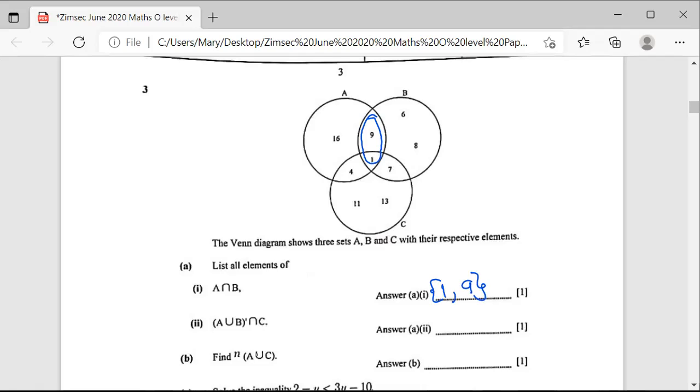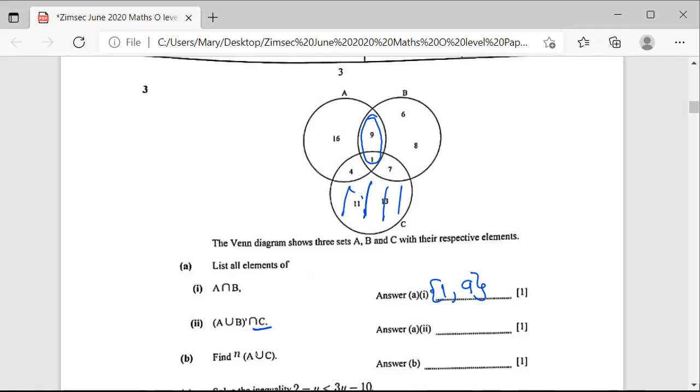A union B complement. And before I go into this one, I need to find the numbers that are in A union B complement. The numbers that are in A union B complement, it means the numbers that are not found in A and that are also not found in B. So those numbers are this one. The one that I have shaded, the elements that you don't find. So it's 11 and